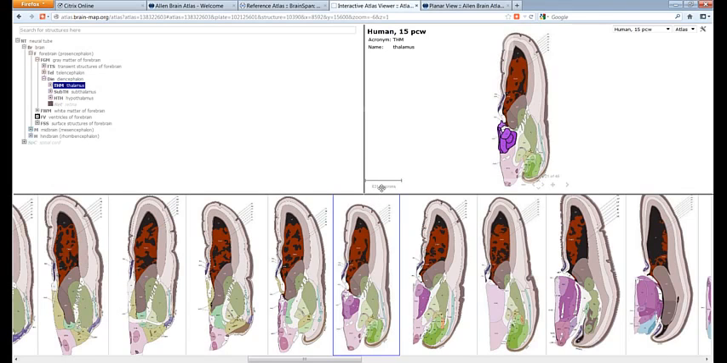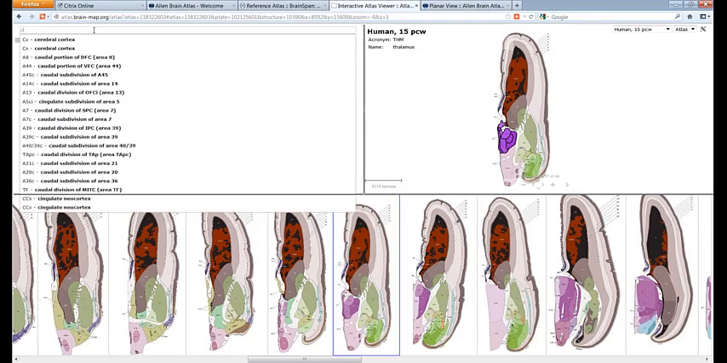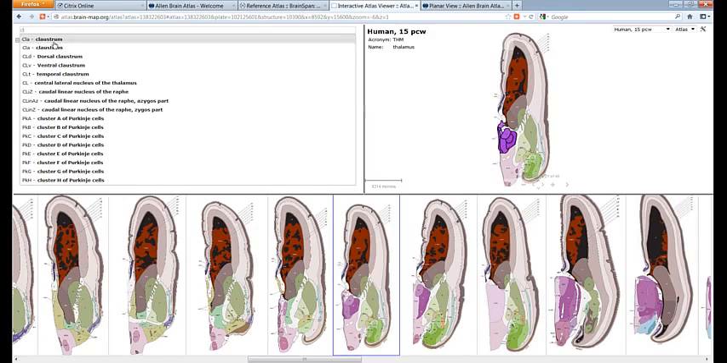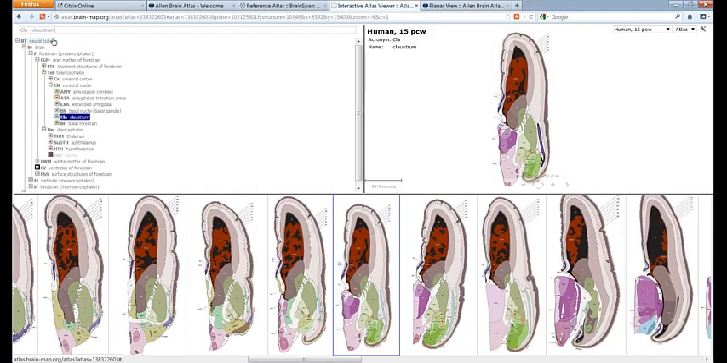Okay, so there's several different aspects to this. So that you've got 3 different panes. You've got the structure ontology. In this particular pane, you can search for different regions of the brain. So if you want to find out where the claustrum is, you can search for it. And what happens is you will be taken to, and I'm going to